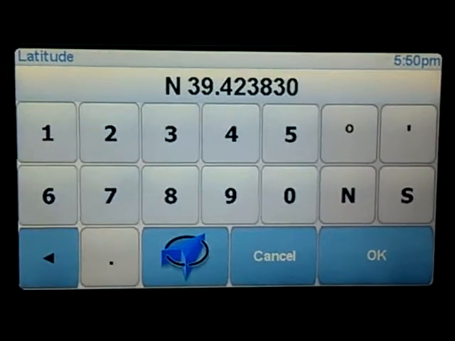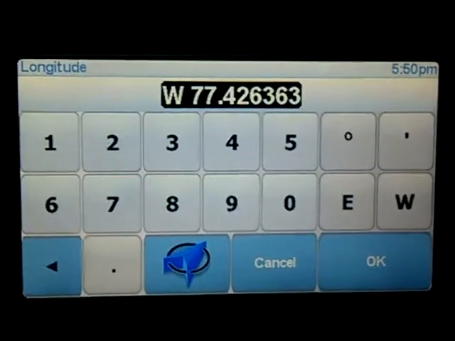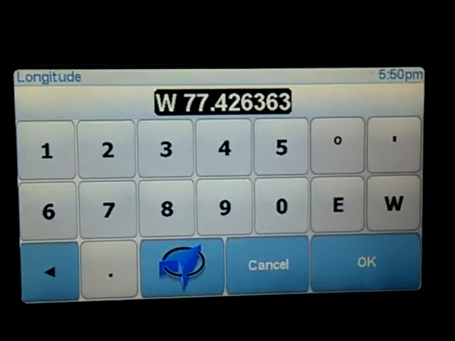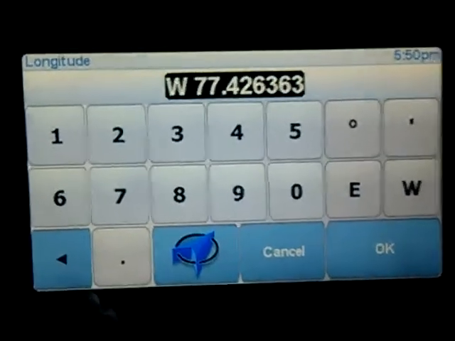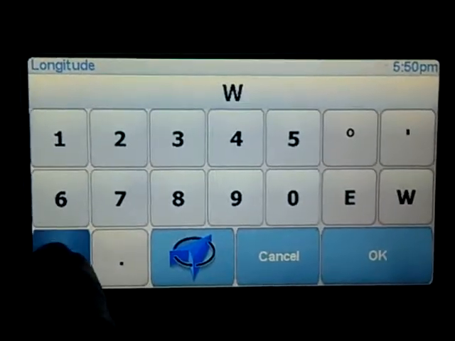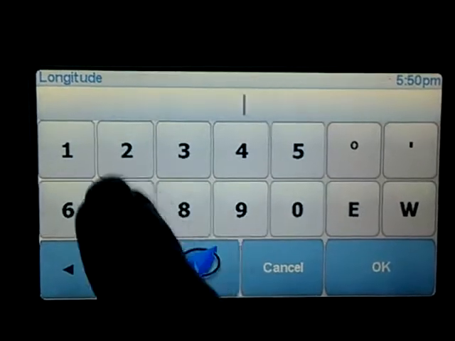Usually that's the one that comes first, it's latitude and longitude. You're going to hit OK, and it's going to take you to the next screen. Now, again, yours is probably going to be blank, so we'll just back that right up, and we're going to enter in